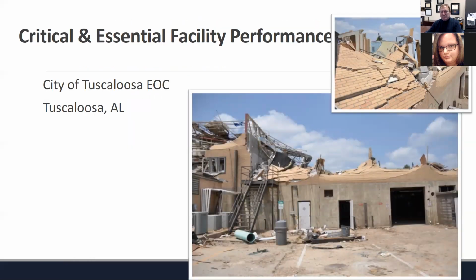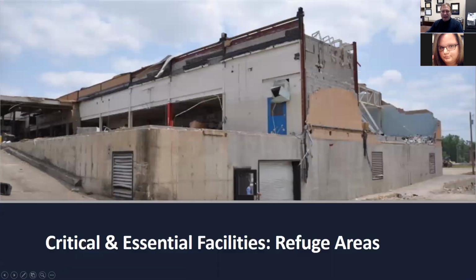The city of Tuscaloosa, this is the Emergency Operations Center. The important thing to remember is everything that was on the ground floor survived. Everyone who was on the second floor had been evacuated down to the ground floor, which was structurally engineered in a way to create a safe space and a safe environment. But they did not believe they provided that protection on this second floor, so to speak. They evacuated people out of it, and thankfully so, because it was substantially damaged.